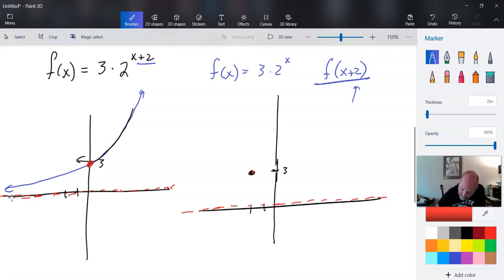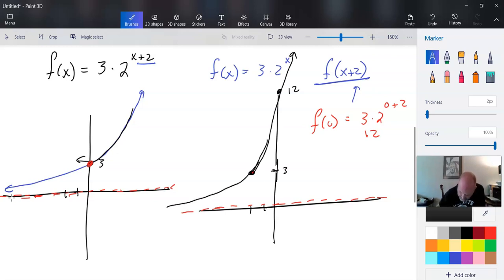So let's see here. If I want a y-intercept, it's always f of 0. So that makes it 3 times 2 to the 0 plus 2. So 3 times 2 squared, which is 12. So that is up there a ways. Right? But let's just say this is 12. We'll just agree to it. And so this guy,